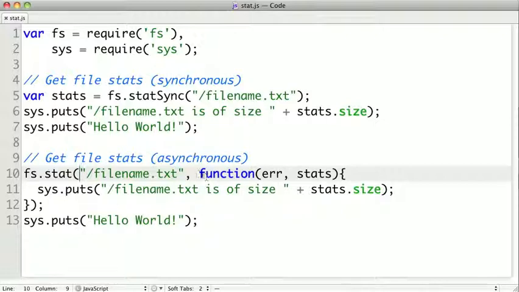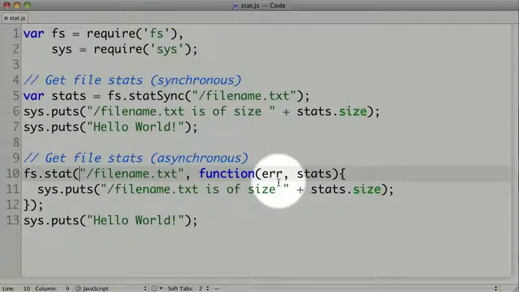Meanwhile, this function is held in the queue waiting for the information to come back to JavaScript. When it does, this function gets passed an error object, which gives us information as to whether or not an error happened, as well as that stats object that would have been returned in the synchronous version. So now we can use that stats object inside of our function to print out the filename.txt is the